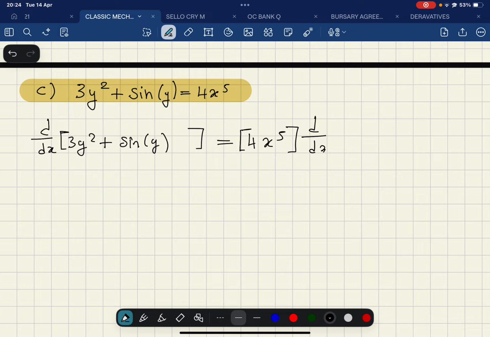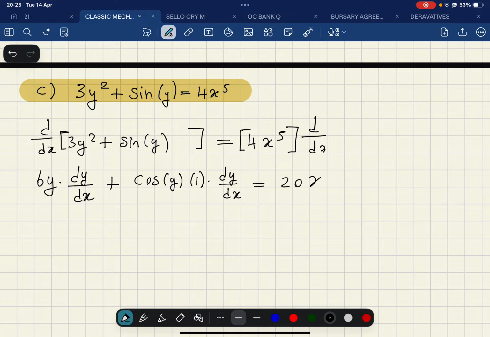I'm deriving y, which means I will get 6y multiplied by dy over dx plus derivative of sine y is cos y multiplied by the derivative of y, which is 1. Then I tell them I derived y with respect to x, which is equal to derivative of that is going to be equal to 20x